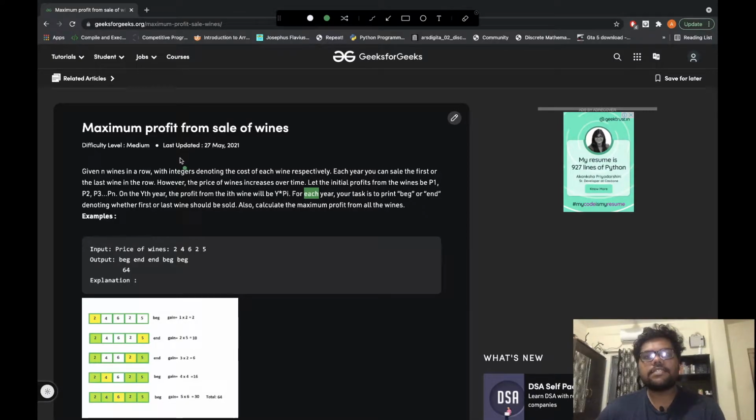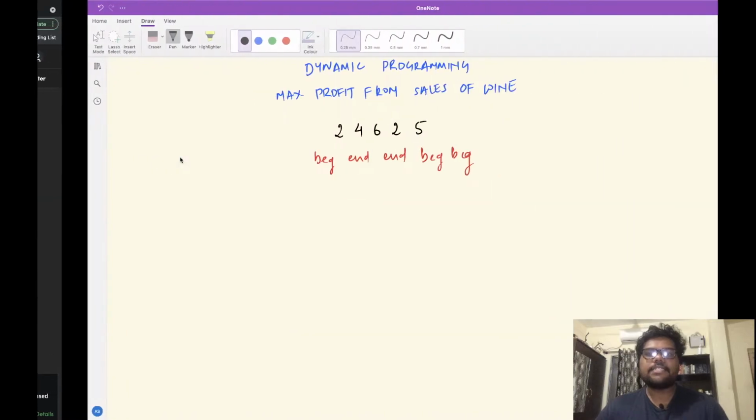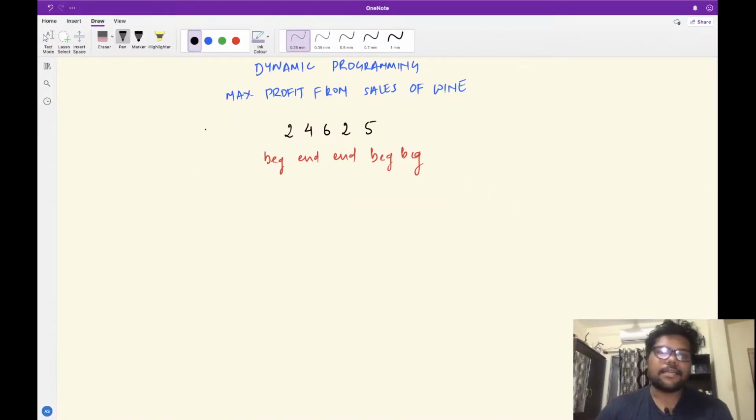And one of the things that I have struggled with a lot in the past is how to choose the correct DP states, or which variable will actually contribute to the state of the DP when you are trying to cache the pre-computed results, right? So if you want to read the question in detail, you can go to the Geeks for Geeks website and try reading from there. But I'll just explain what the question is asking.